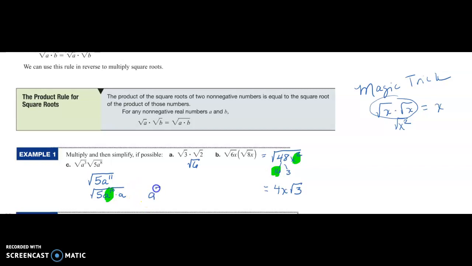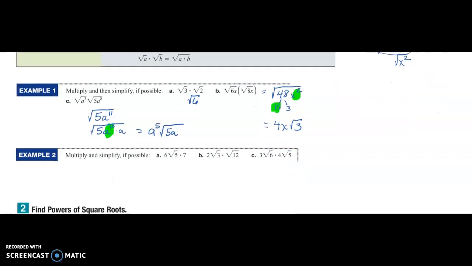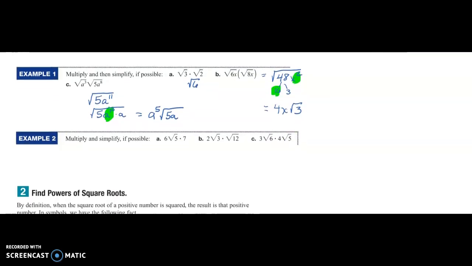So outside the radical, I'm going to have an a to the 5th, and underneath the radical, I'm going to have a 5a. And that's the simplest form. So again, go back, rewind, and play this over again if this doesn't make sense. I'm going to move forward, and we're going to keep looking at